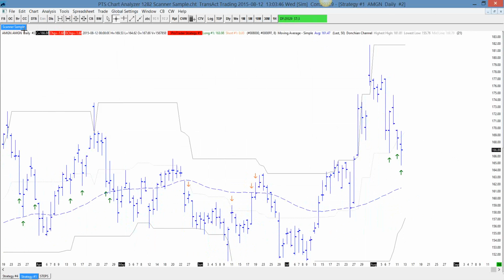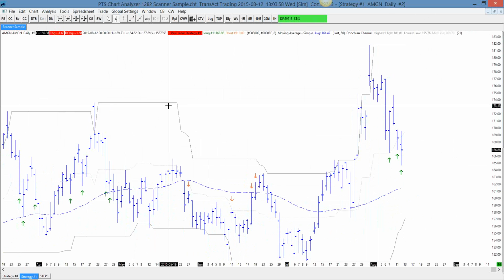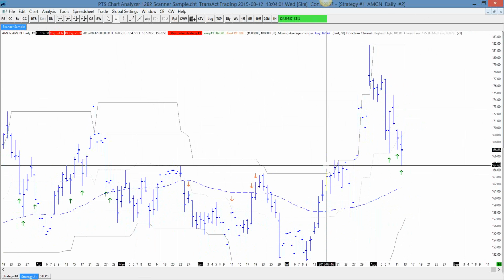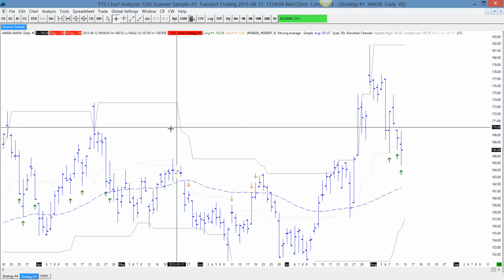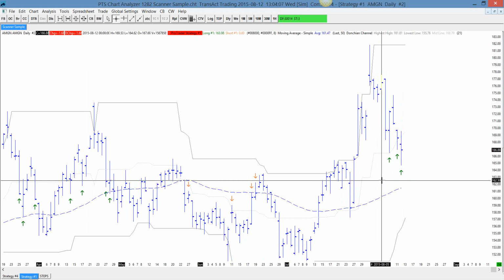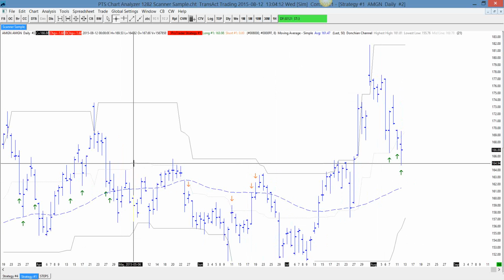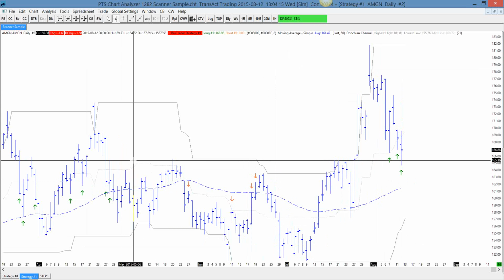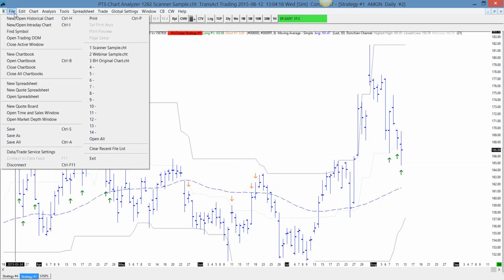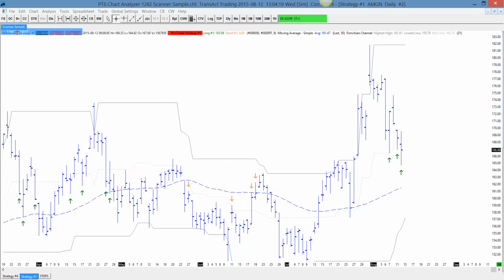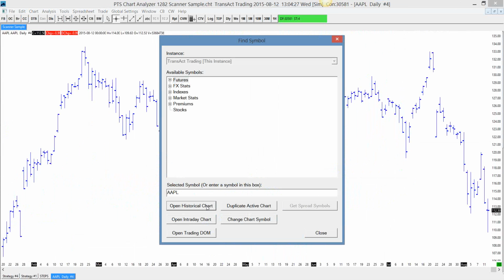We have daily bars. And we're going to run a stock scanner on the stocks belonging to the NASDAQ 100 index. So once you have downloaded your PTS chart analyzer and you have your strategy number 1 set up on your chart, you're ready to run the scan. So to get the chart going, I'm going to go a little bit back here. You just go to File, find a symbol like, let's say, Apple, and open a historical chart. You're going to have a chart